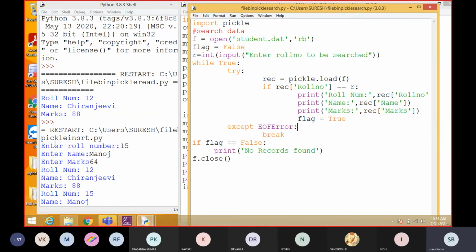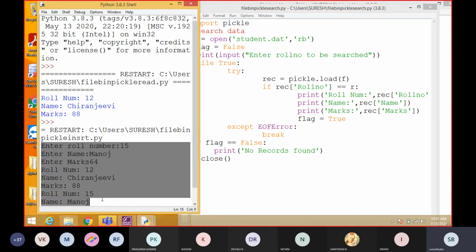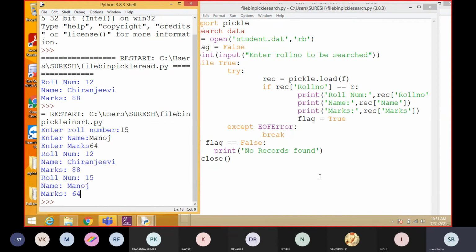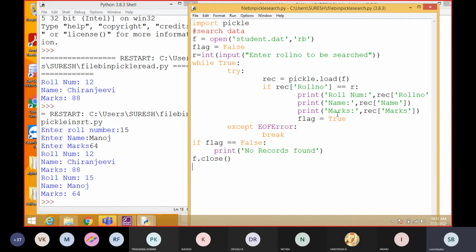For example, here we have two data records. Now I'm going to give any one keyword. Suppose your given roll number is not present in the file, it will show no records found. Okay, understood?